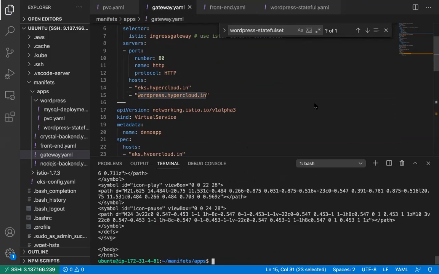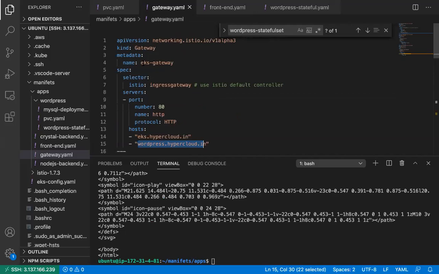So if you want, you can just type on your browser wordpress.hypercloud.in, our service will work. But previously it was not working because I forgot to allow this on our gateway. So this particular gateway,